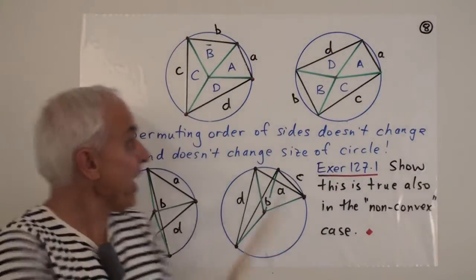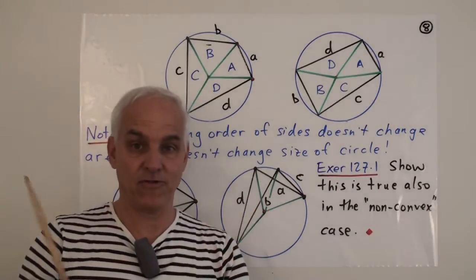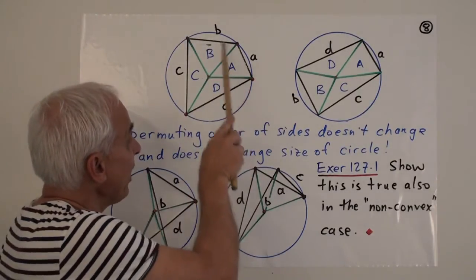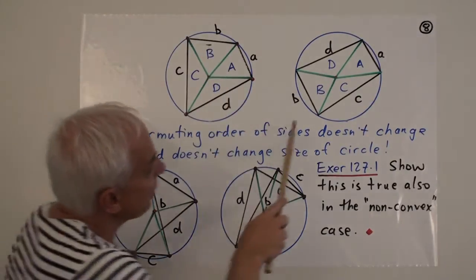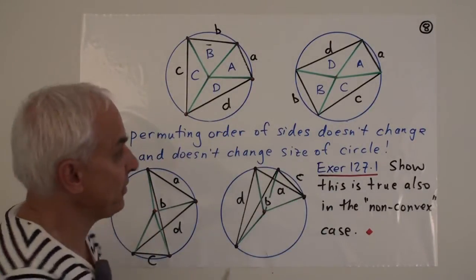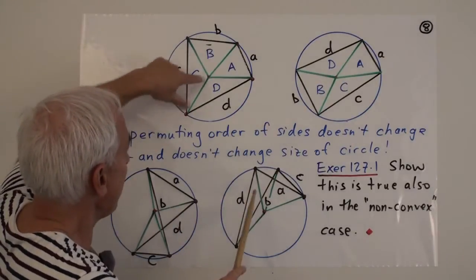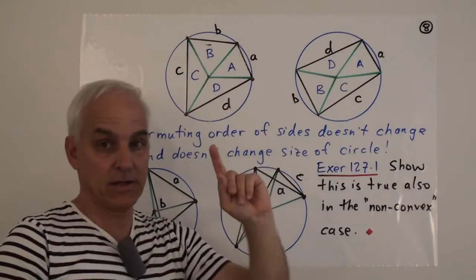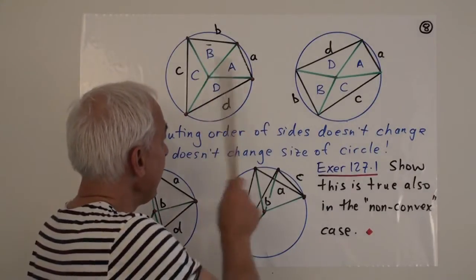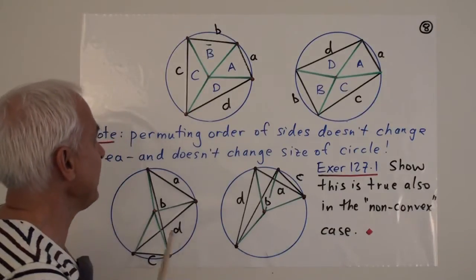So let's switch to a, b, c, d in terms of side lengths and go back to Brahmagupta's formulation of things. So here is a cyclic quadrilateral with sides a, b, c, and d. And here is another one with the same side lengths. And what we've done is we've reshuffled the order of these line segments around in the same circle. Why is it that the areas of these two things are going to be the same? So here's a relatively easy argument.